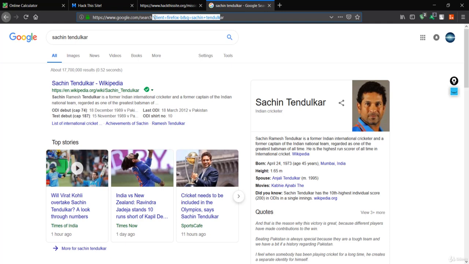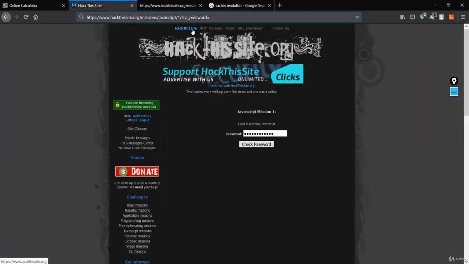What we have here is the question mark and the client. The client is Firefox, and the other parameter here is Q, which is basically a question, searching a query for Sachin Tendulkar. That means this is another parameter, which is Q, and here we have label password, which is the parameter.